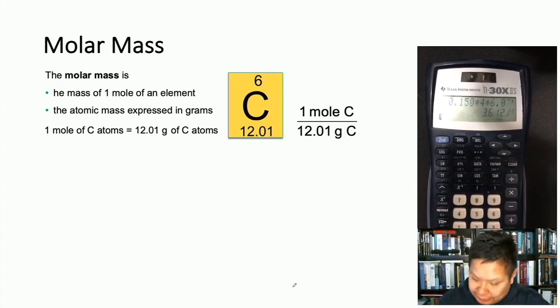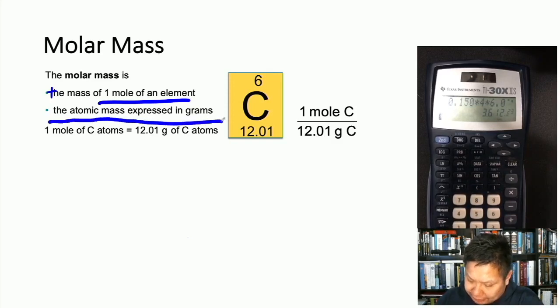Molar mass. The molar mass is the mass of 1 mole of the element, right? And the atomic mass then is expressed in grams, right? So for example, if we have a carbon atom, 1 mole of a carbon atom equals 12.0 grams of carbon